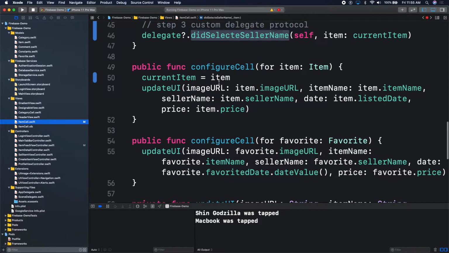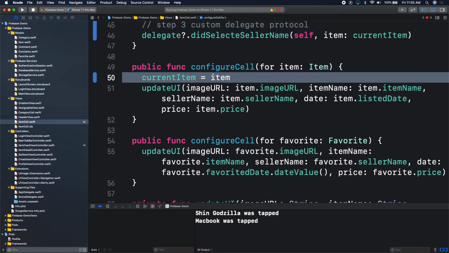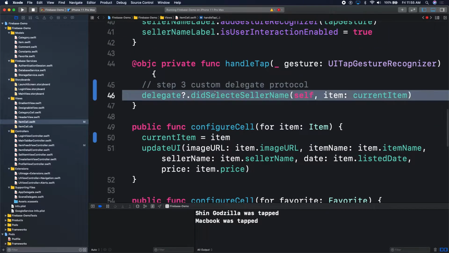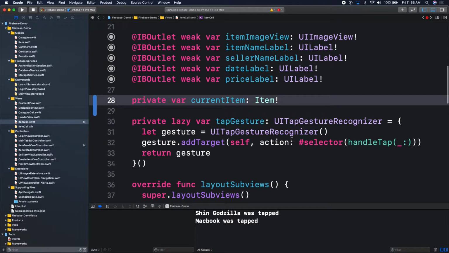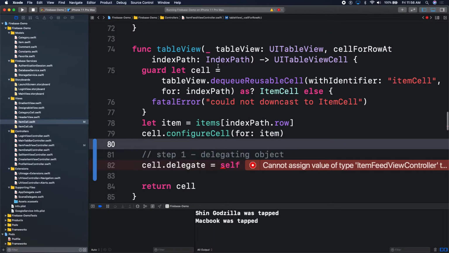No, we're passing the current item into did select seller name. Why is it, for me, saying that it's optional, it needs to be unwrapped? Oh, we use an exclamation mark on it. Oh, okay. Awesome. So back in our cell for row, back in the item feed view controller,